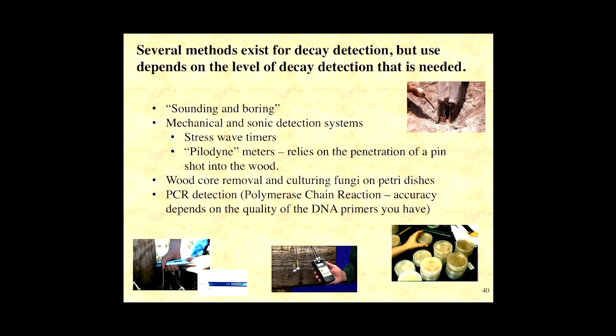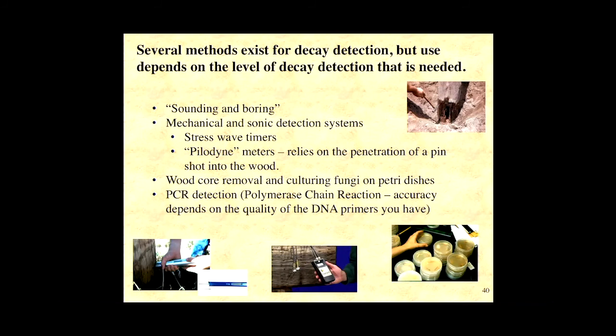Okay? Sounding and boring is a pretty crude way of doing detection, but oftentimes it's all you need, particularly when you're doing an inspection of a structure. It's also always very important to have a moisture meter with you to go in and do moisture readings. If you've got wet wood, you have a problem. You don't have to figure out, gee, is this incipient decay or is it getting to the stage where it might be advanced decay? You have wet wood. It's a problem, okay? So you need to protect it, and you need to probably even remove that. Certainly need to remove the water.